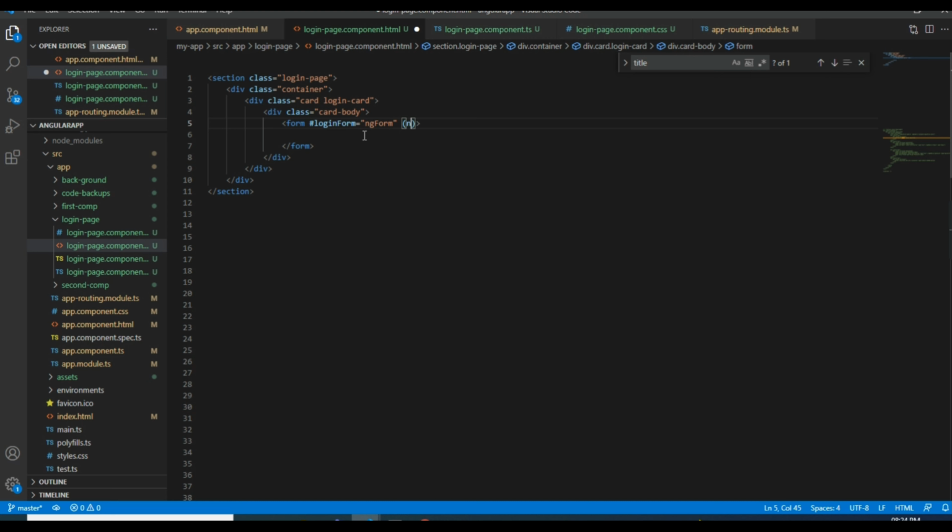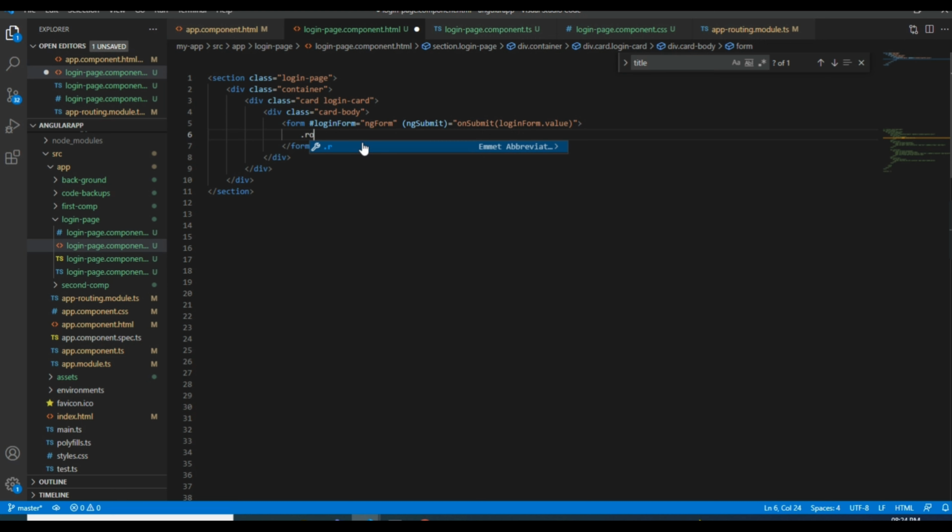We give ngSubmit equal to onSubmit, passing login form dot value. I'm passing the data whichever I'm entering in the fields below, so we will discuss it later. I'll show you later.